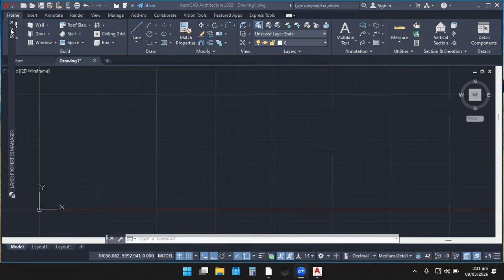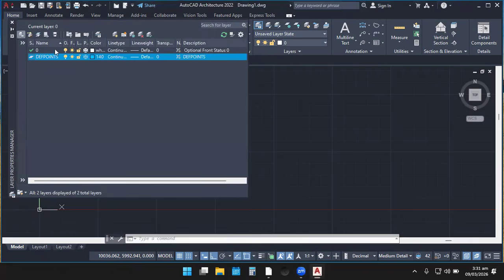You can just click on this command and you see that it displays back again. Okay. Take note that anytime you open a layer, you're always going to see two defaults. That is the 0 and then the depth point. Don't touch them. Always remember to create a new layer for your drawings. So you are going to create some layers now, even before we begin our drawing.